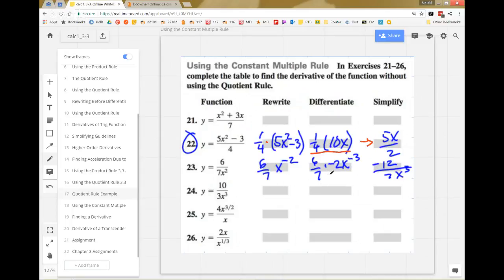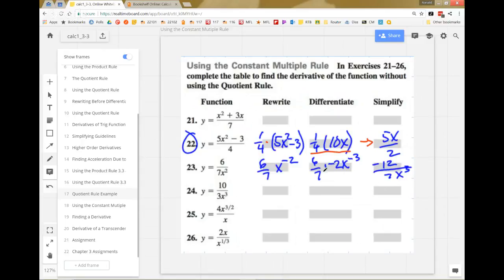So the first times the derivative of the second, negative 2 times x, lower the power by 1, plus the second times the derivative of the first. The derivative of the first is 0 again, so I didn't even write that term down. And then